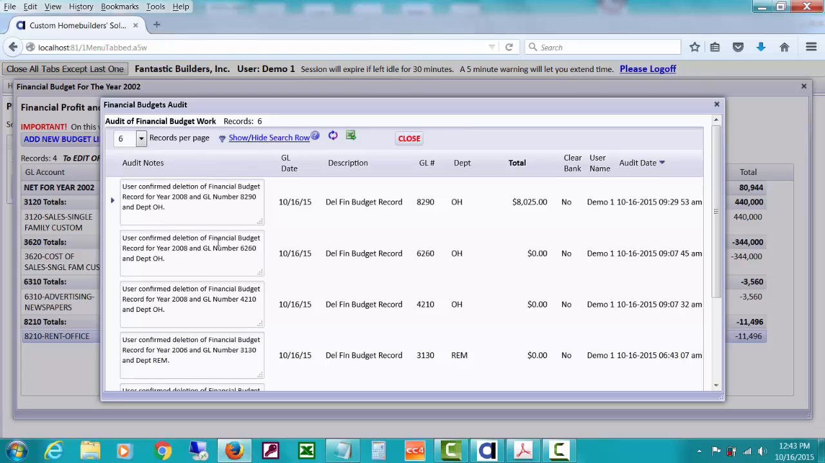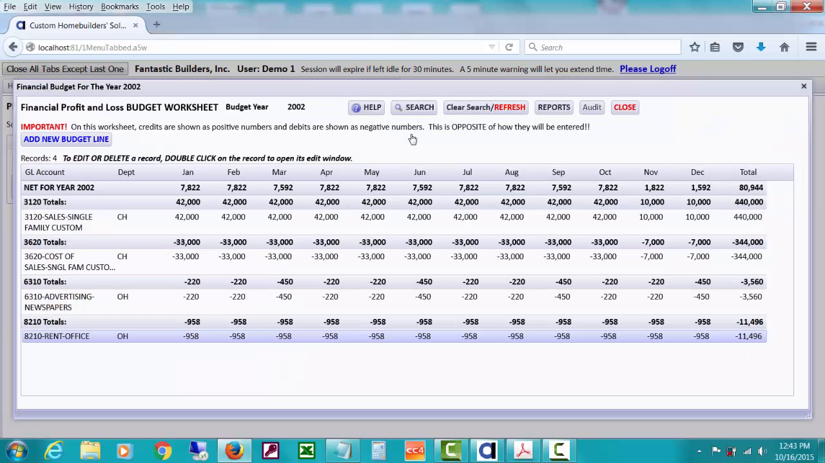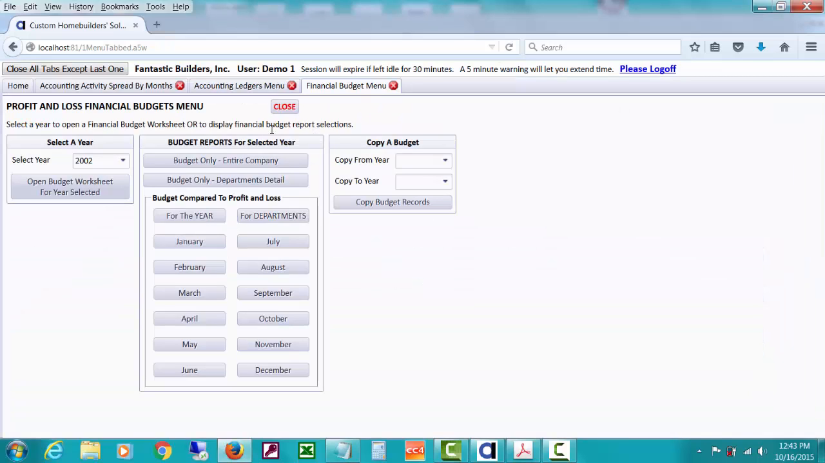There'll be an audit record that I confirm the deletion for the year 2008 of the GL number 8290, and the total budget was this. That deletion is just your financial budget record. It's not deleting all your real records for accounting. But it's auditing who might come along and delete some lines on you if you have other people doing things for you. So that's how you create the budget,